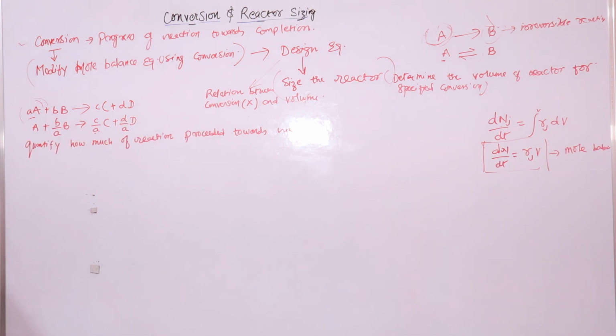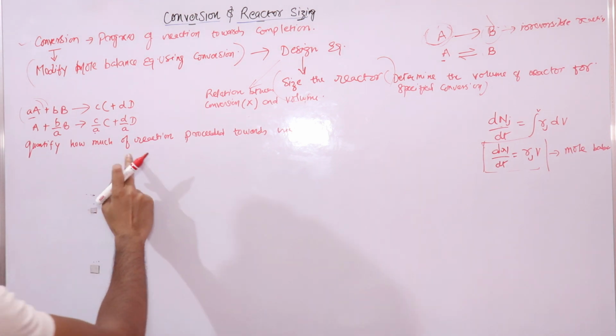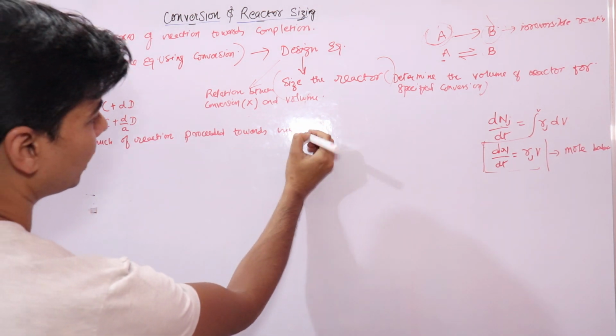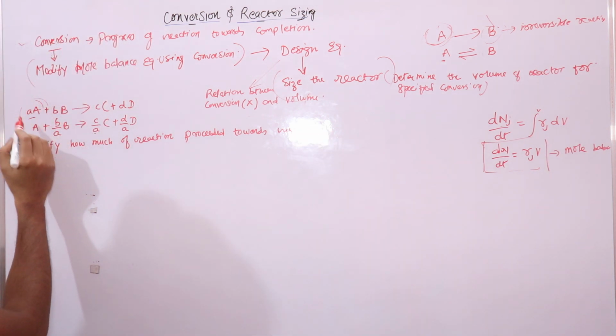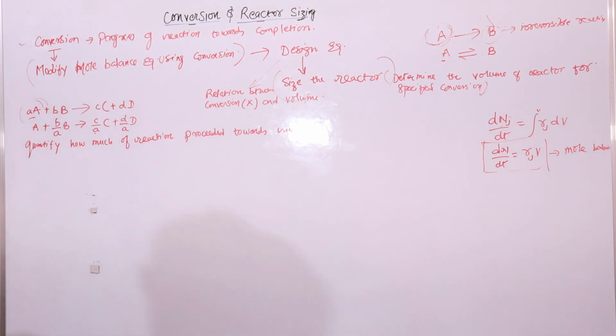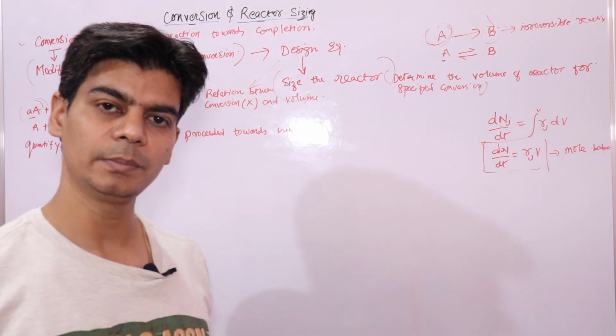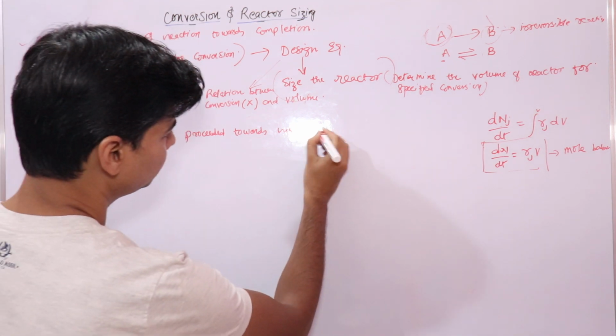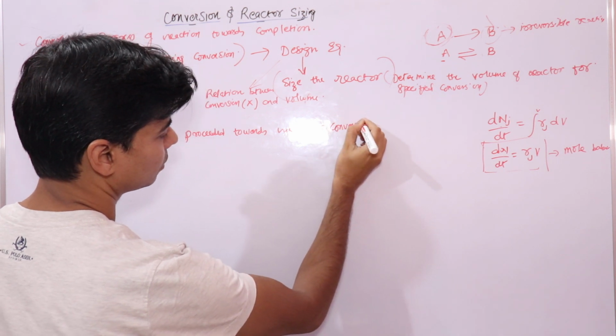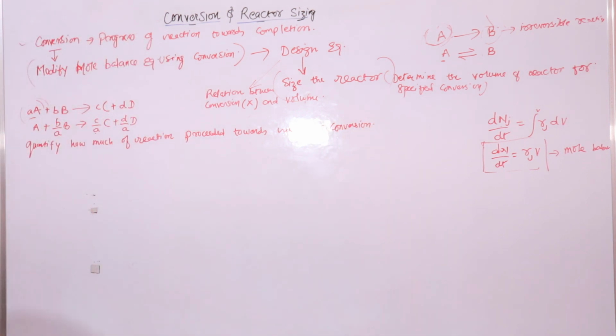Once you know this, so how much of the reaction has proceeded towards right, if you just simply understand it, how much of the reactants have converted into products, this is what it means. Or we can use the term conversion for the same. In chemical reaction engineering, we would be using the term conversion for the same, right? So the conversion is the number of moles of A that have reacted per mole of A fed